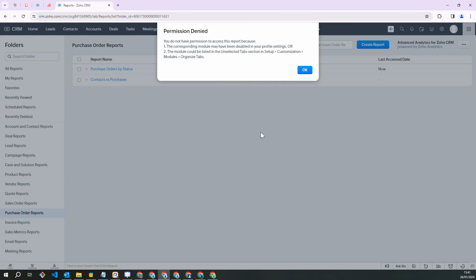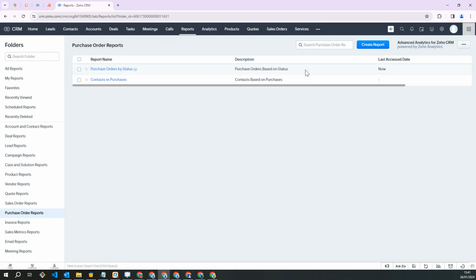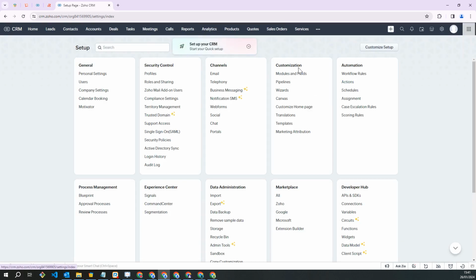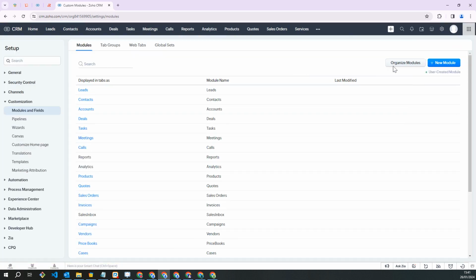I'd like to view the purchase order report, but as you can see, I'm unable to. So let's see if the purchase order module is hidden. Navigate over to Settings in the top right-hand corner, go to Customization and Modules and Fields. Click on Organize Modules,